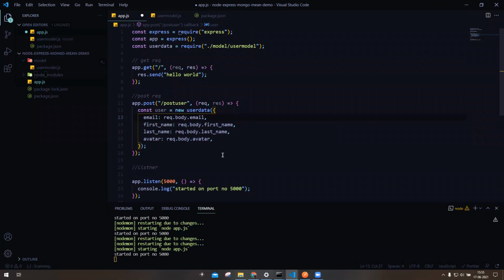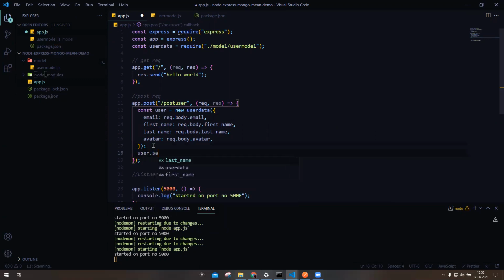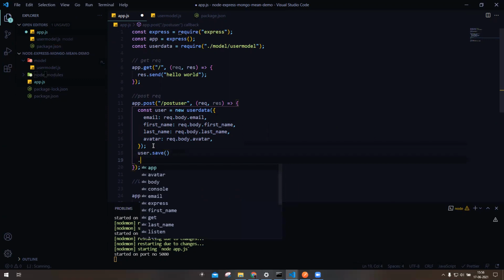So now we will save all this. To save this, we will call the user.save method. It will save, and then we want to create a promise.